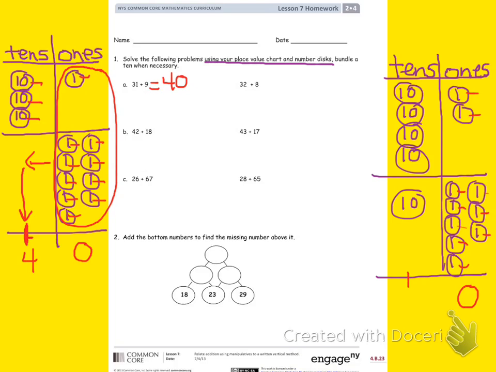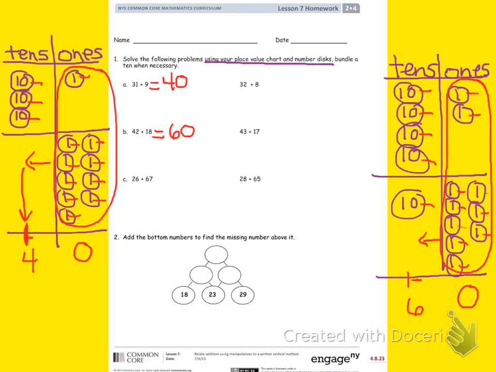Now, how many 10s are on this side? 1, 2, 3, 4, 5, and this one here is 6. So the answer is 60. If that didn't make sense to you, now I'll show you using the manipulatives in bundling with illustration. We know that there are 10 1s. If we bundle all these together, it makes a group of 10, which would normally slide over here if we had straws or individual bundles